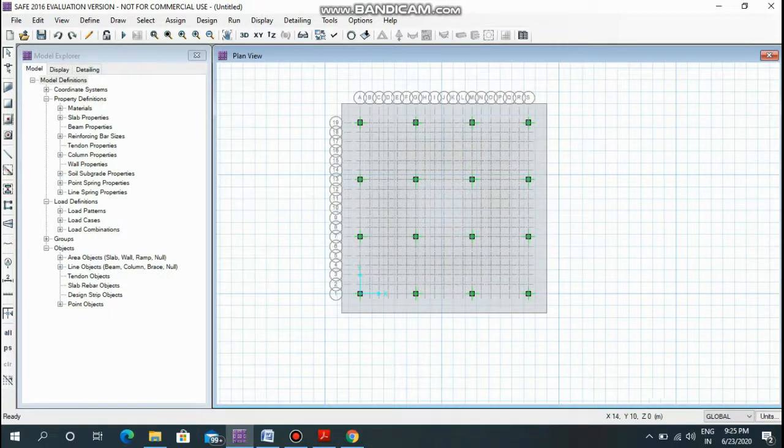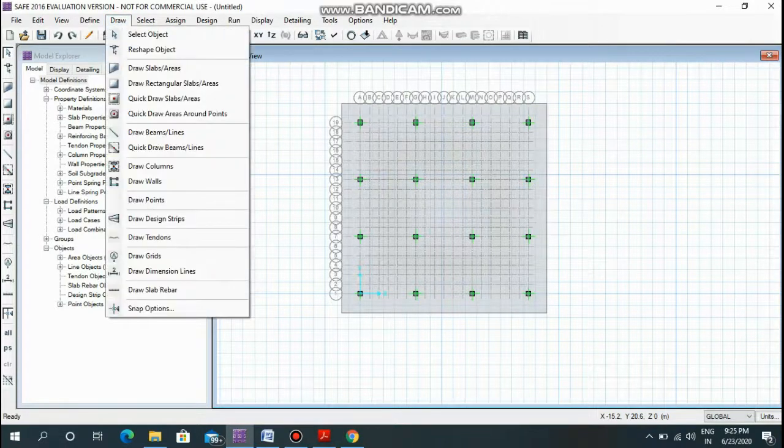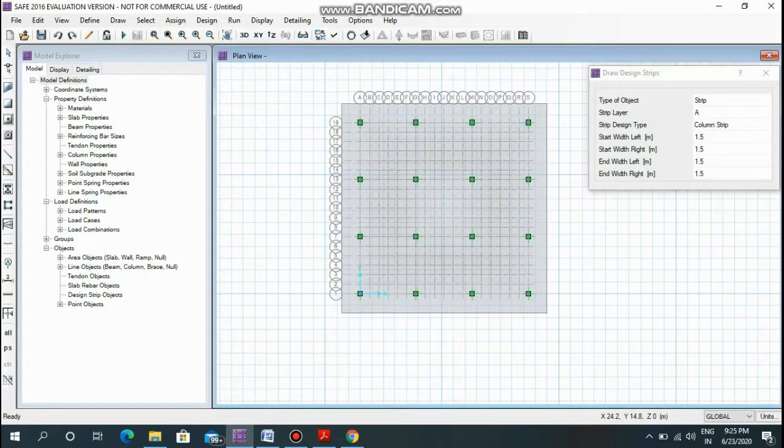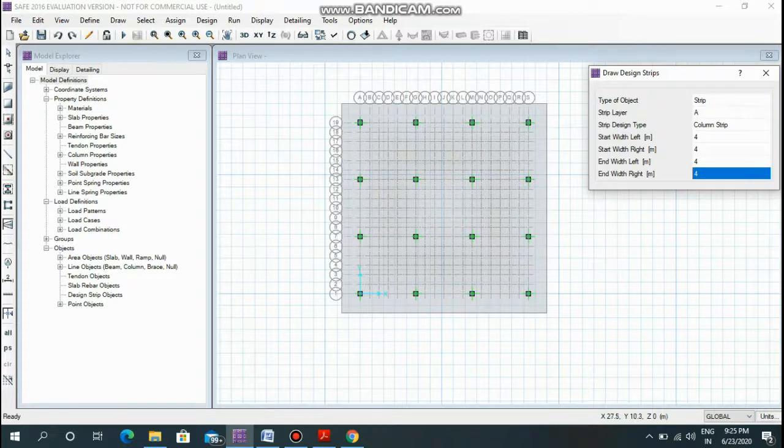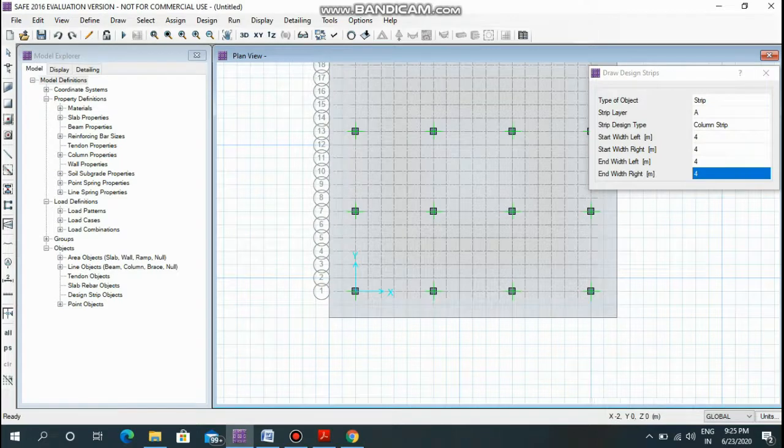Now let us draw the design strips. Go to the draw menu and click on draw design strips. The design strip width is 4 meters. Do the necessary settings. Now let us draw the design strip in the x direction from the midpoint of the column on one side to the midpoint on the other side.